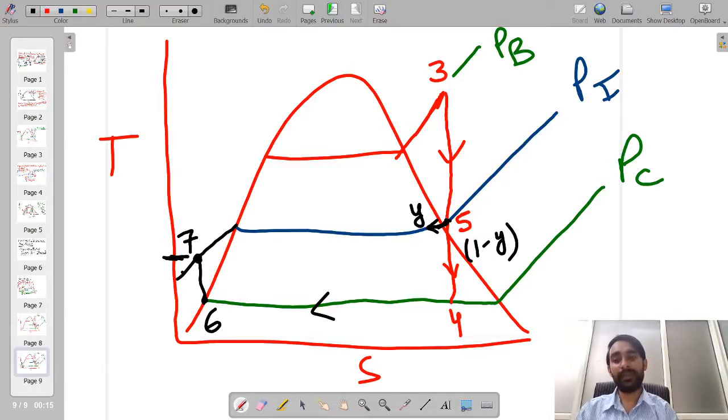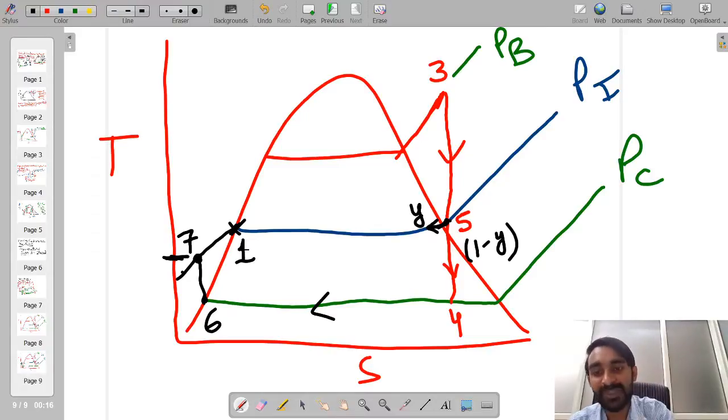So that's why what will be happening, the stream we are having at point number 7 will be heating because of the stream we are having at point number 5. So both will be coming to some common point. Now we control this fraction y over here in such a fashion that when we are mixing point number 7 and point number 5, we are getting the output state at the exit of the open feed water heater as nothing but saturated liquid state at